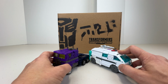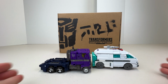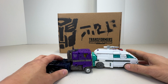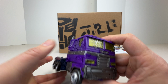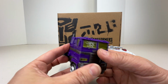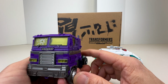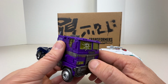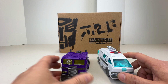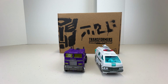Truck, Autobot form or car form, not too bad at all. I do love the robot forms a lot more than the car forms, but this is not bad at all. Optimus Prime looks pretty cool. I do like the purple all around. I think, as an alternative color, purple really stands out for Optimus. I really like that. And Ratchet's not bad either. So let's go ahead and we're going to transform these back into